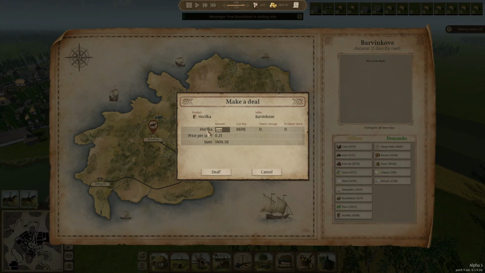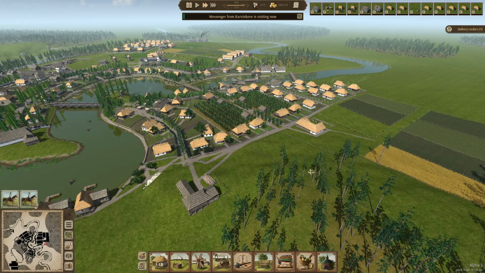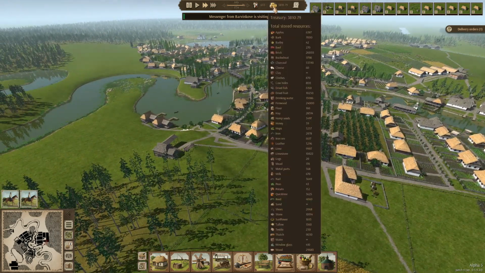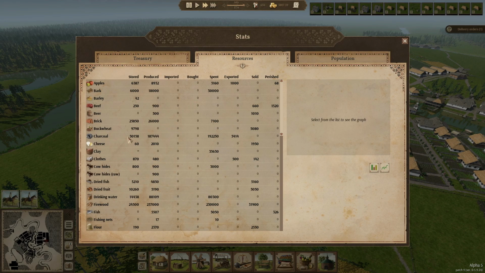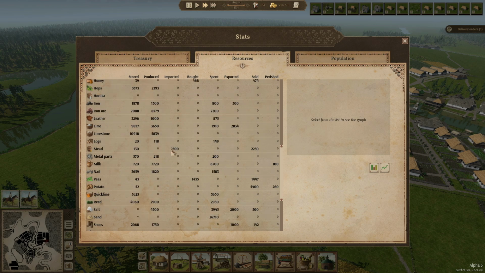Alright, let's get some horilka. Yes, we can make beer soon again, but we never want to run out of stuff. And the best way to do that is make sure that you have enough booze. We still have some mead. 170 only. Wow. We're almost out of mead again, and we bought so much. Wow, if we take a look at that, we go to the mead, we can see that we bought 2,500 this year and we already sold